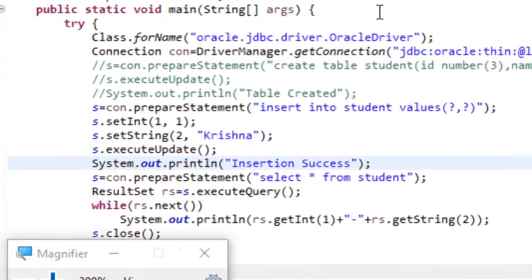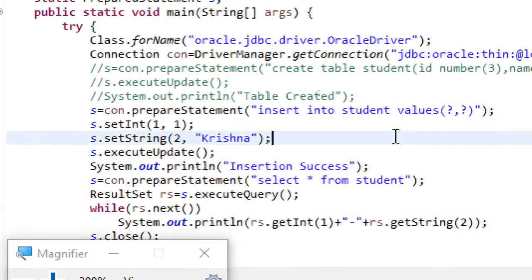So this is how you are getting your results processed. So that's the reason, compared to statement, it's always recommended to go for prepared statement. As per industry standards, all of them will be recommending you to go for prepared statement. As I said, using prepared statement improves the overall application performance because the query is going to be compiled only once, irrespective of the number of times your application is being run. So that's the advantage you get.